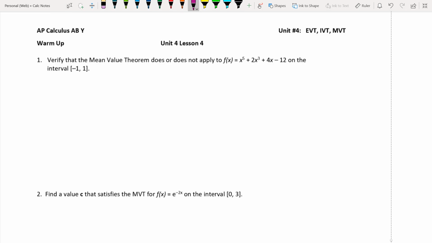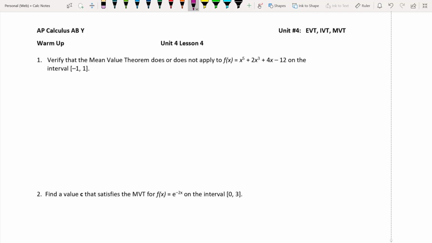All right, here we are with Unit 4, Lesson 4. We're going to start with a warm-up on the mean value theorem here and verify that the mean value theorem does or does not apply to this function on the interval from -1 to 1. So the first thing we want to check is, is this function continuous? Yes, it is. Because this is a polynomial function, it's just a series of curves, so it is continuous and